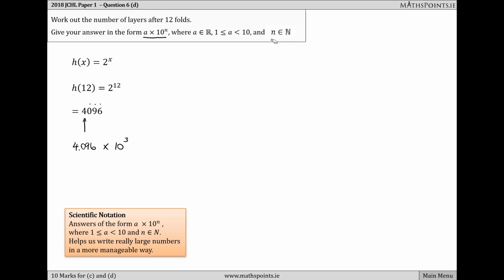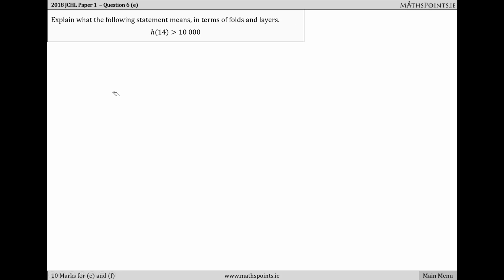And we were told that n had to be a natural number and 3 is a natural number. So part D, the question then says, explain what the following statement means in terms of folds and layers. So they say that H14 is greater than 10,000. And all they're saying here is that if the number of folds is 14, then the number of layers will